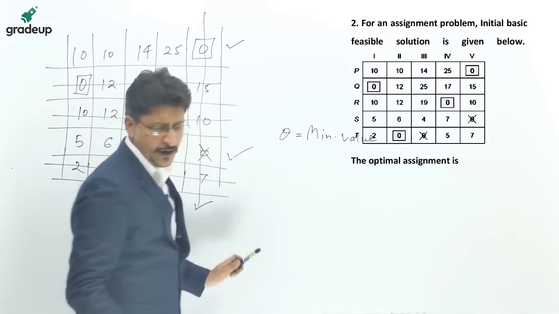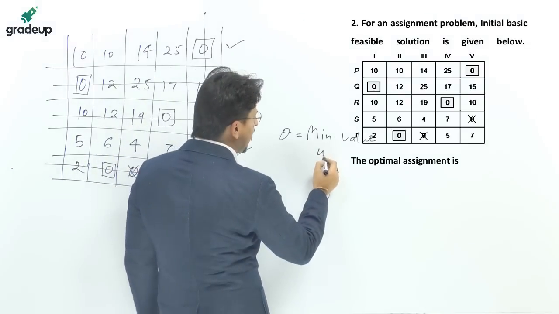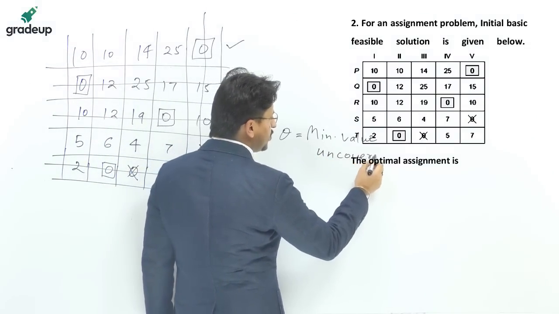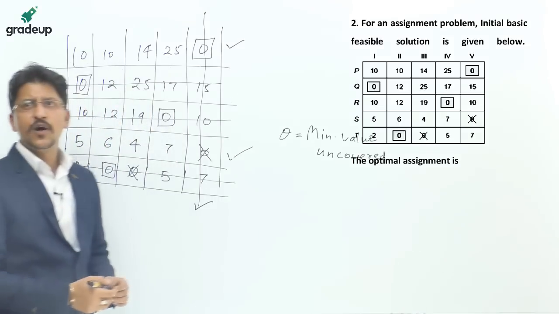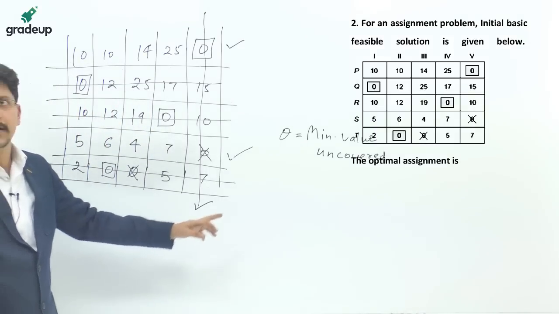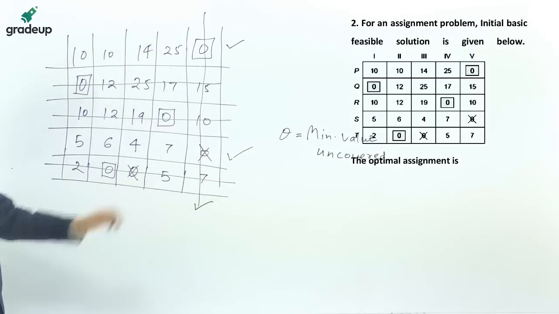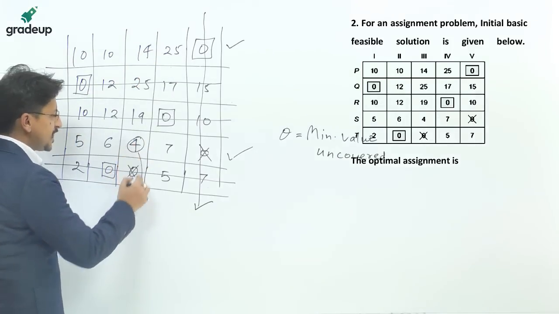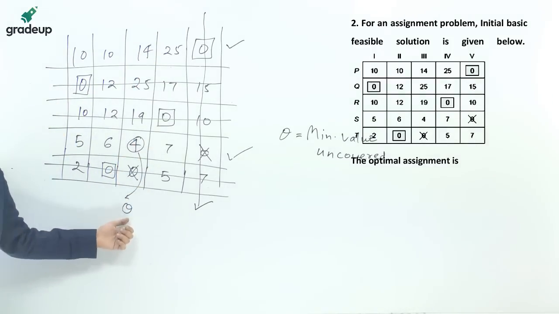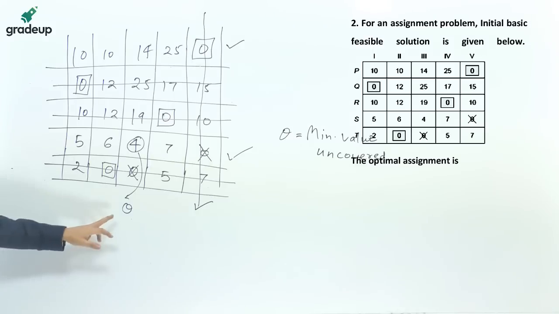That is the minimum value among the uncovered. From all these uncovered values, the minimum value is this. So this becomes our theta. What we have to do is: